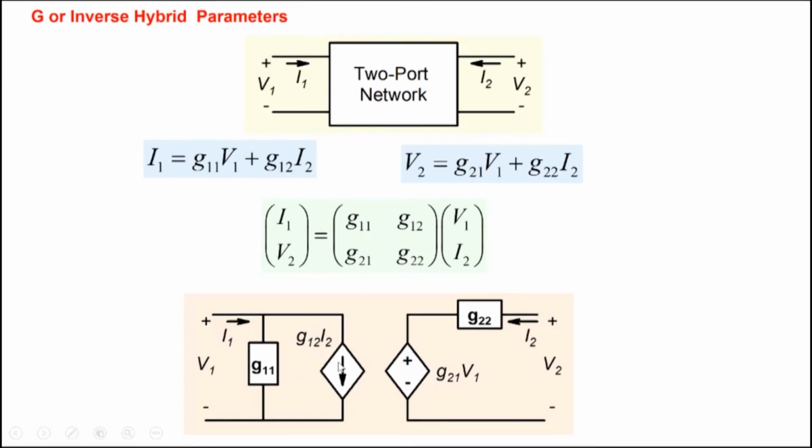Okay. So there are other ways of representing also, but we'll confine ourselves to these four representations: Z parameters, Y parameters, H parameters, hybrid parameters, and the inverse hybrid parameters are called G parameters. Okay, and